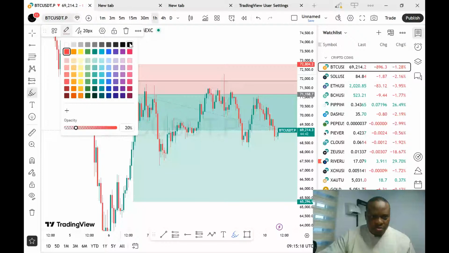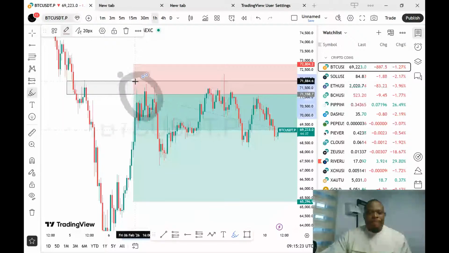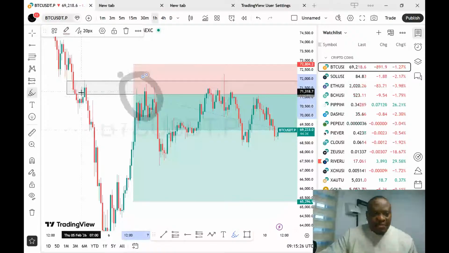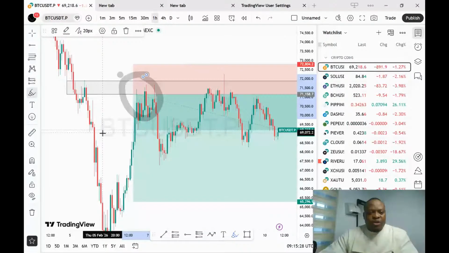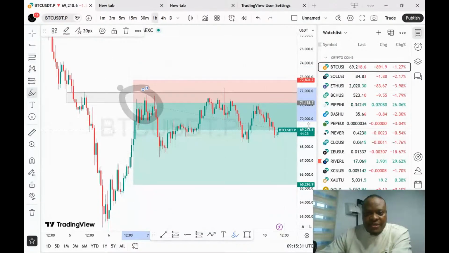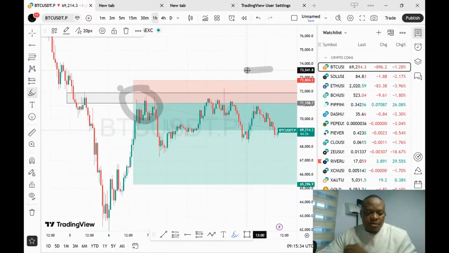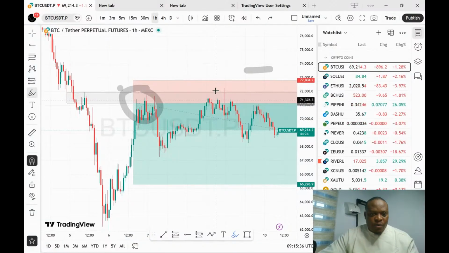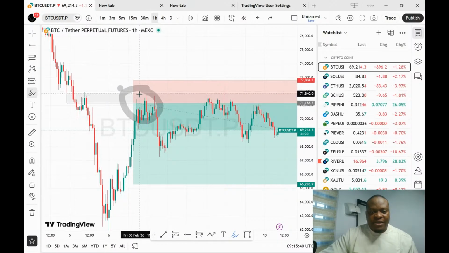So this was the first time I dropped this BTC setup on my Telegram channel. You can see the order block. You can see how price reacted to it the first time. Now price went up and tapped my order block. Then